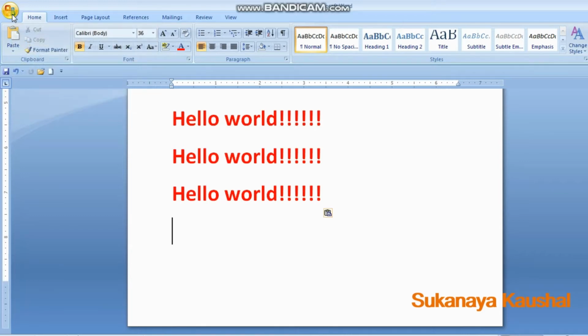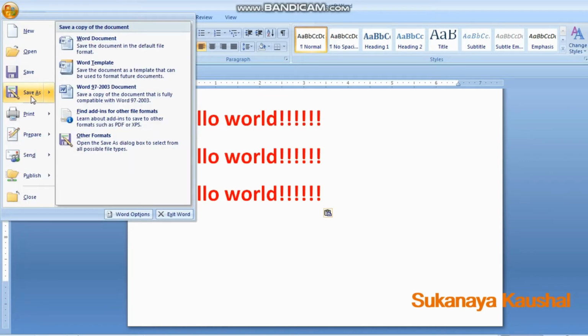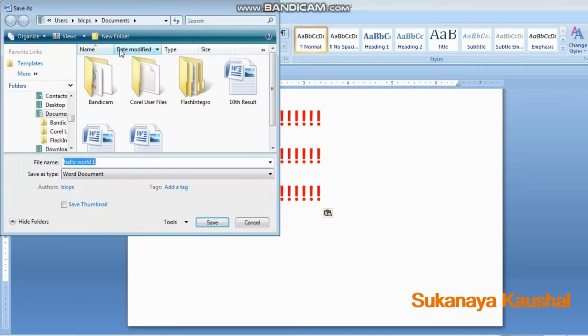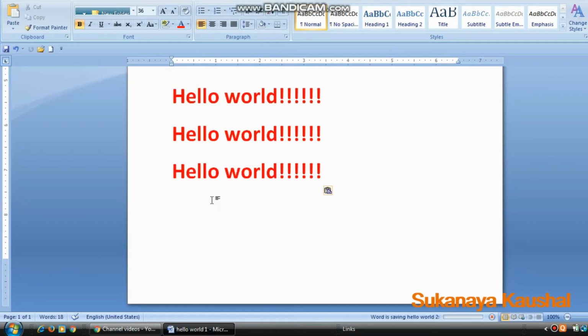Just take one example: go in file, go in save as, choose the Word document type. Now I want to save the file name as hello world 2, and save it in documents again.